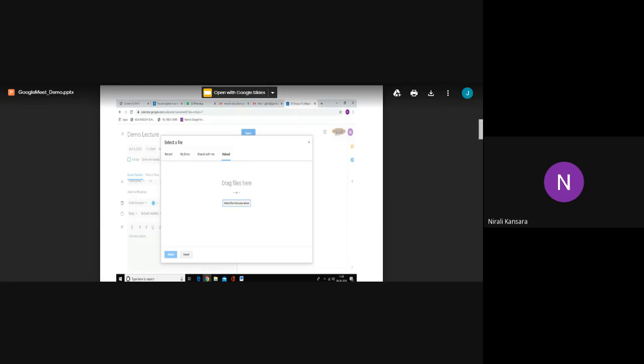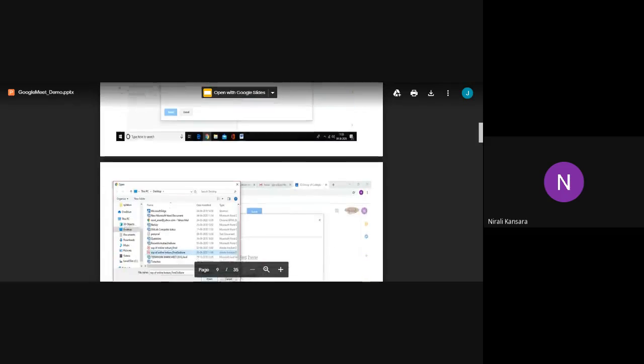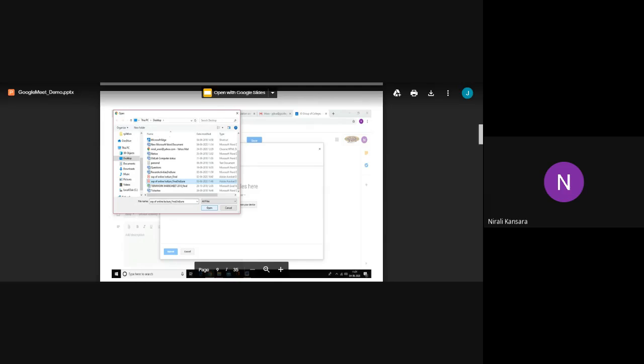And if you want to select a file from your computer, then you have to click on the Upload button here. And then you will see the Select Files from your device button here. When you click on this, it will open another dialog box, the Open dialog box. So from any drive in your computer, you can select any of your files.